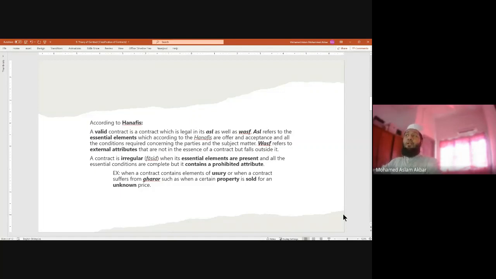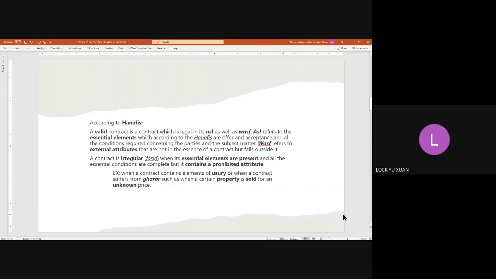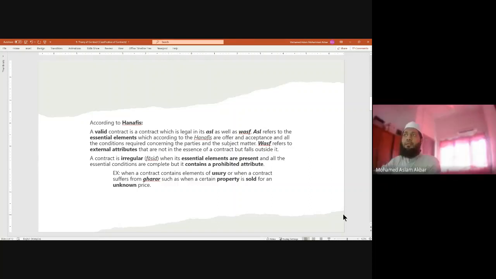According to them it is 2 pillars, but according to the majority, these 2 pillars are only 1 pillar. Am I right? Yes. Okay, you're clear about it, right? Because offer and acceptance are 2 pillars according to